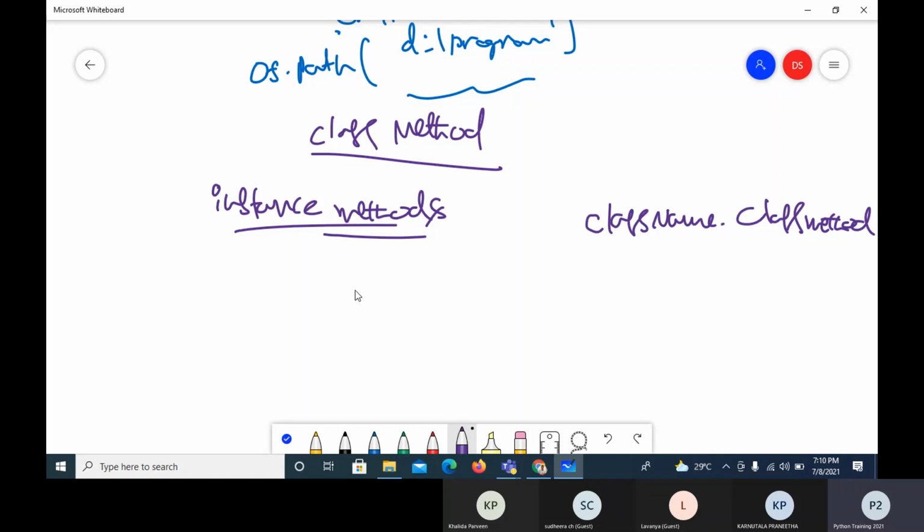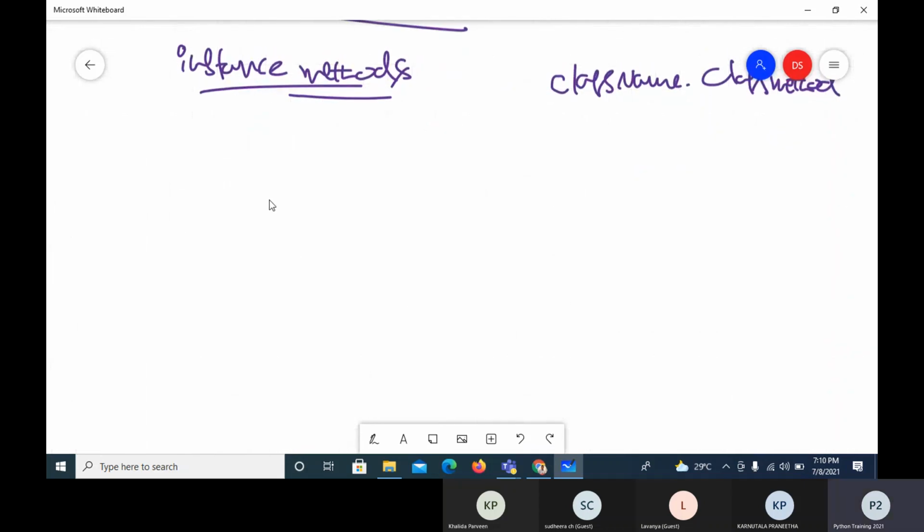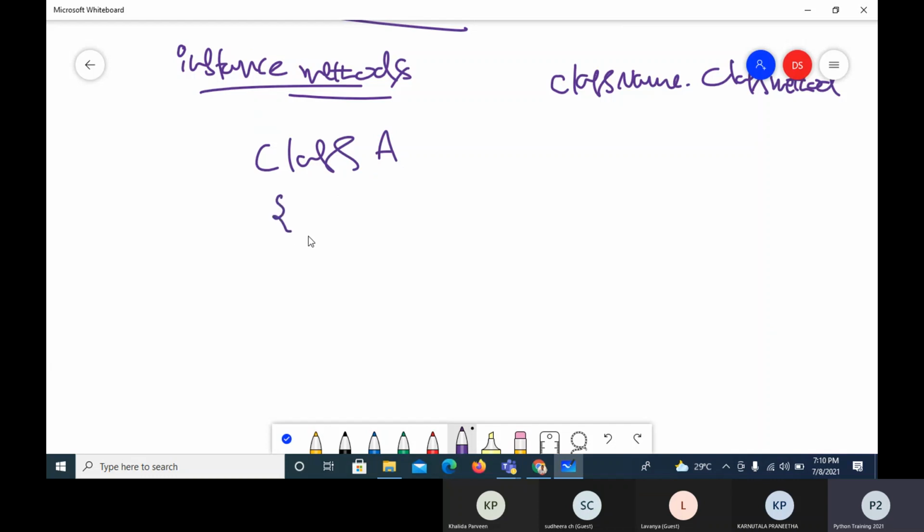I'll take one simple example before I proceed with the other things. Suppose I have some class A, and there is a method, void display, a definition display.